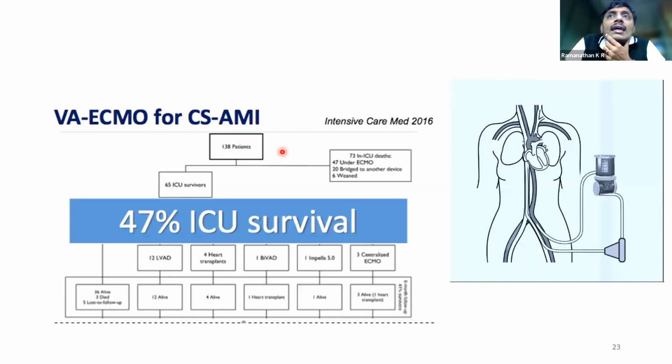Now, to highlight some of the outcomes with each of these devices, let me start off with ECMO for cardiogenic shock in acute MI. Again, there have been very few studies that have shown outright benefit of VA ECMO in this scenario. The main reason being, you have to understand that ECMO per se can support the heart up to a certain extent, but in a recovering heart, it's totally unphysiological.